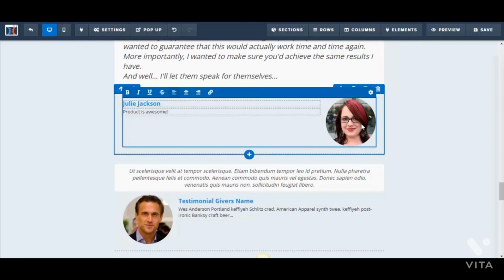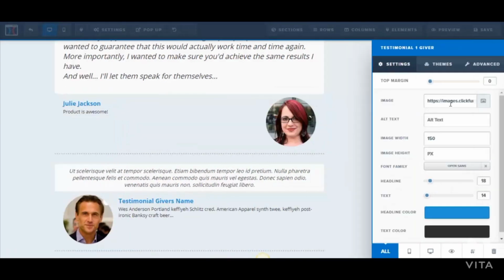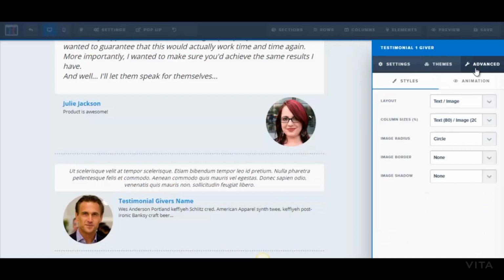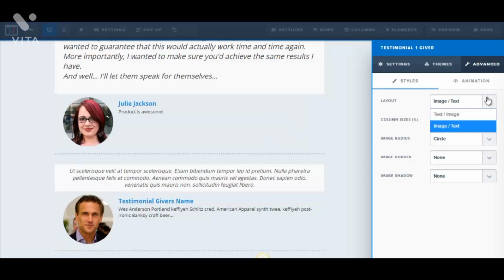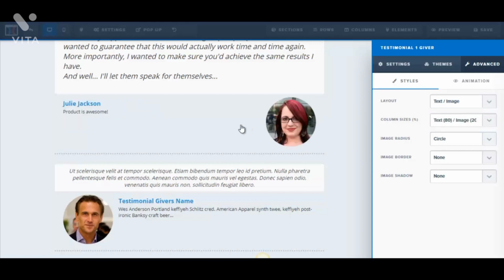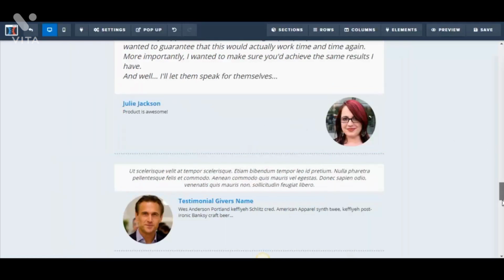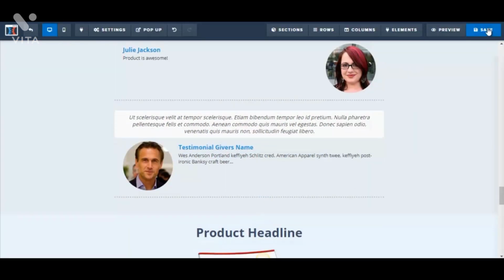Okay, now if we go here, we could just click on the entire box here, or click on this icon here, and you could change the image. And by now you should know how to change the image, as I've shown it already. You could also go to advanced, and you could change the layout, say from text image to image text. I've already shown that for the introductory section, but let's just put it back to the default. Okay, I'm going to click on save,